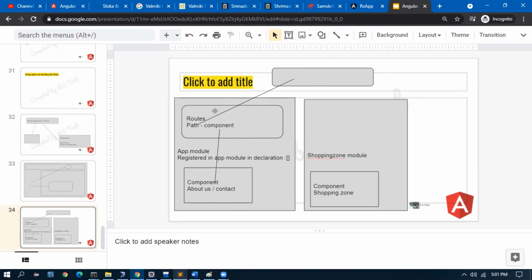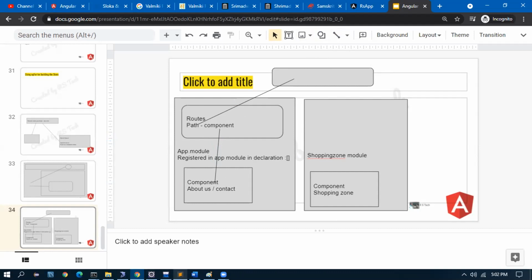This is how the flow was working, right? Yes. Now, since the shopping zone component is moved out, the app module will not have a clue about the shopping zone component. It will not know that there is a component like this.